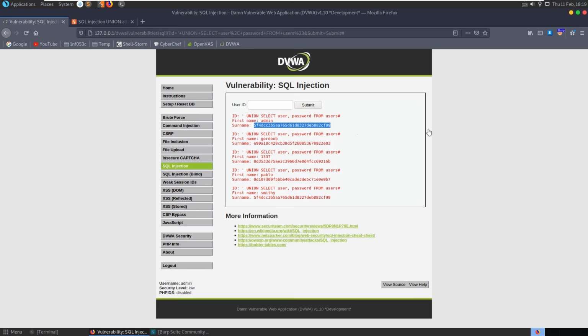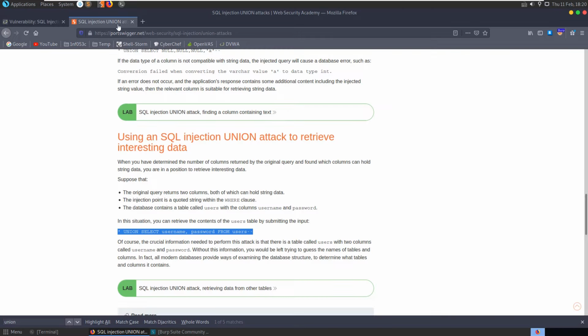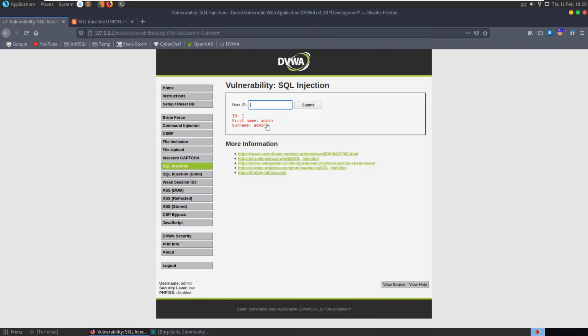It actually has the surname as it's returned. Sorry, let me grab a copy of that, and let's just do one. So you see here it's returned two columns where it can return data to: first name and surname. So we identified we didn't really need to do the order by to find out how many columns, because we know it's returning a first name and a surname. So whenever we run this and say union select the user,